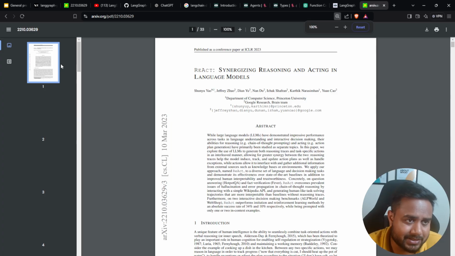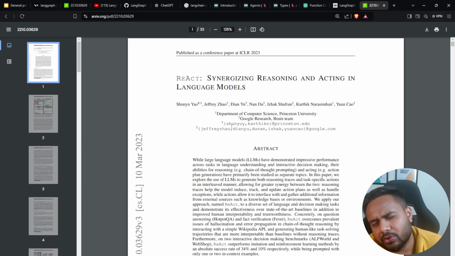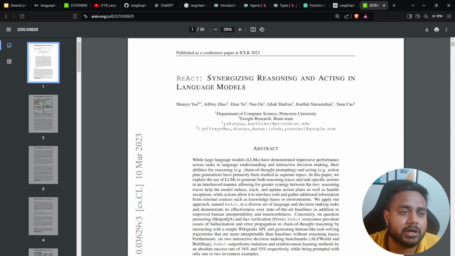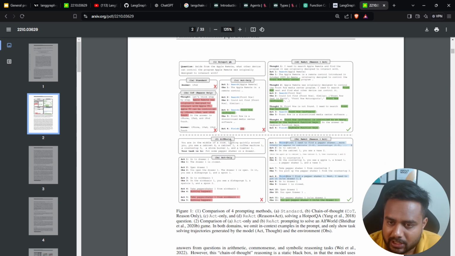You can read this research paper. It's a pretty amazing research paper. It shows how you can tweak the behavior of the LLM just by writing the prompt, by adding some extra steps, some extra instructions, that I will show you. So this entire research paper is for you guys. And one more thing I would like to say, whenever you are going through this React research paper,